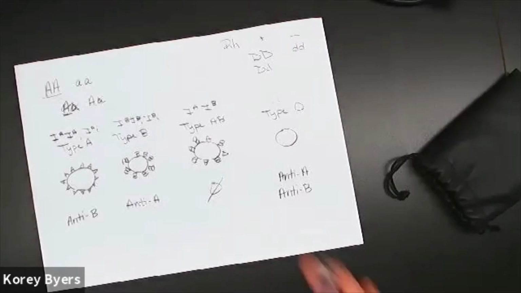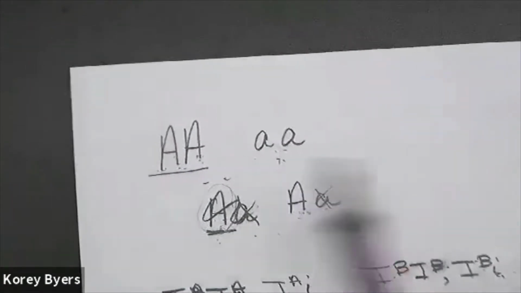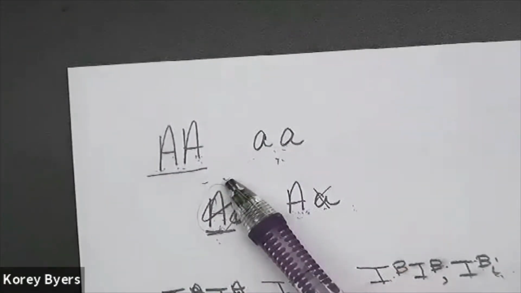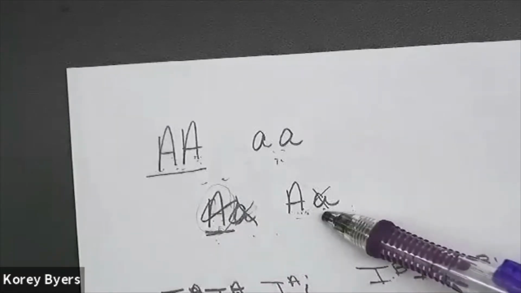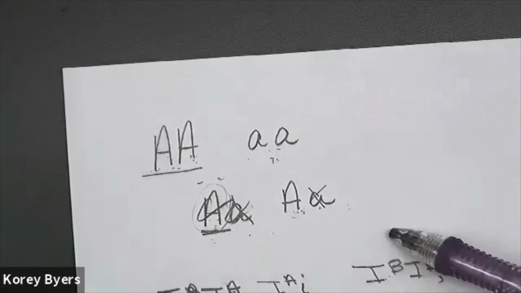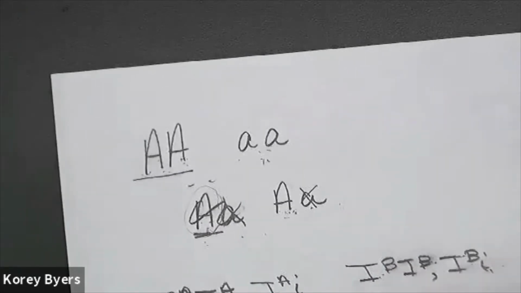So we are learning in lecture that because we're a diploid organism, we receive 2 copies of each chromosome. We can receive a dominant version of an allele or a recessive version of an allele, if we're only talking about one or the other. So let's just make up this scenario here where I used the letter A just as a placeholder. Let's say that whatever this gene is, it only comes in 2 forms, either dominant or